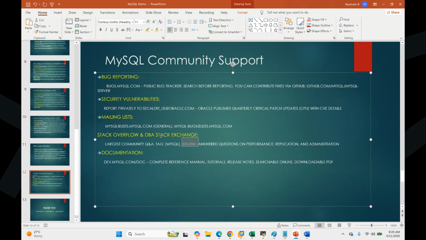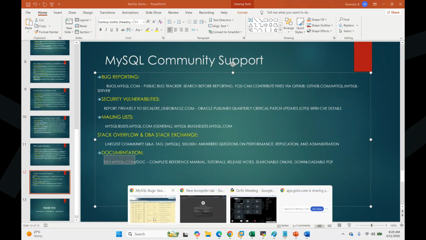In fact, go and get your questions answered, or you have a solution for something and you can give the solution. You got an issue, you resolved it, you go and post it there, it will help the community. So all that contributions are there in these sites. Documentation, if you go to this one, there is a lot of documentation added on the website.